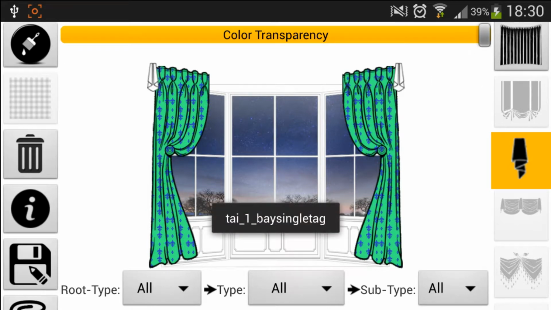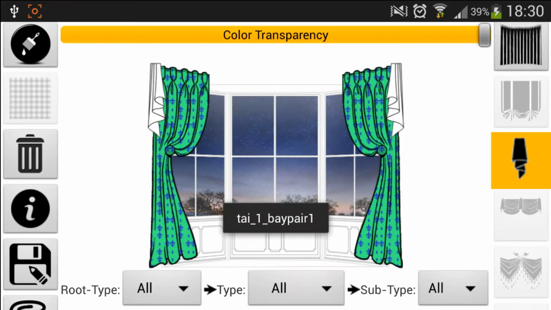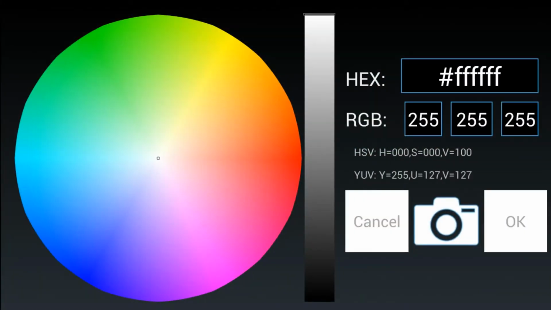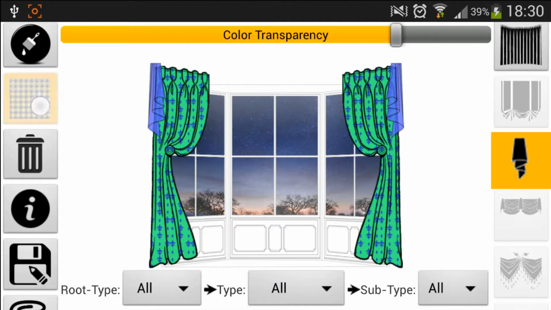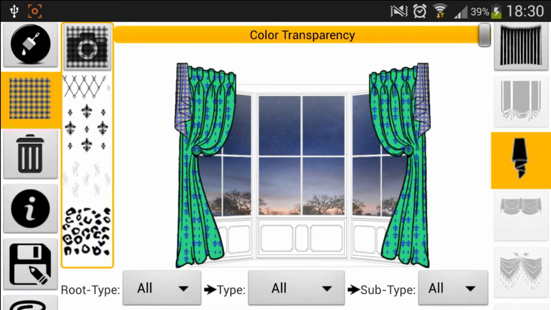We can swipe again, and now because the tails icon on the right is selected, we can apply the color to it. Let's take blue. Let's change transparency, and we can as well apply the patterns. So let's take, yeah, okay, it's applied.